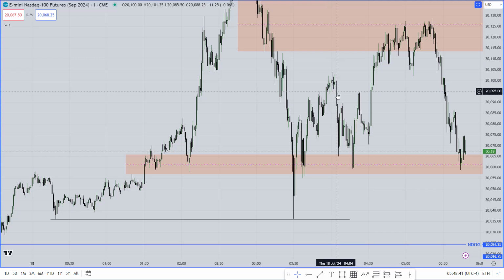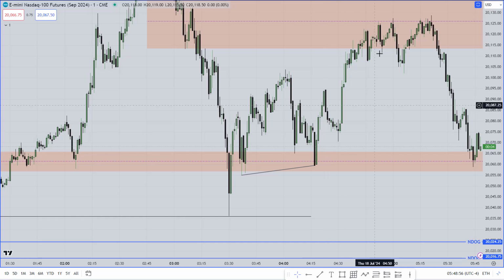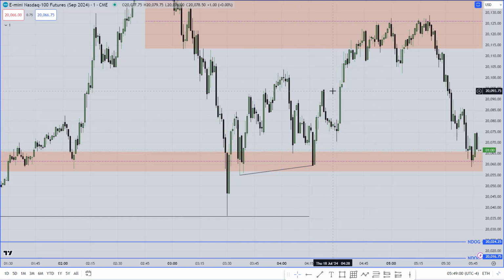Now you can see market fell again, until this time, I mean until here, market kept falling and it has taken a lot of lows over there. So all the sell side liquidity has been taken, failed to take the extreme low. This is the confirmation that market is going higher. You are looking for buy and you have seen that market has taken all the liquidity, then market is going